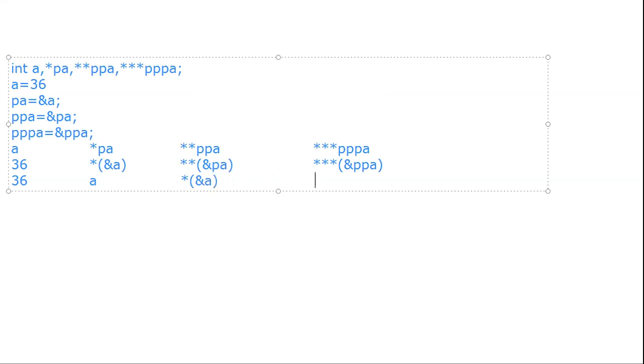Star of ampersand a. So next, star of star. So what about star of ampersand ppa? Star of ampersand ppa means ppa.